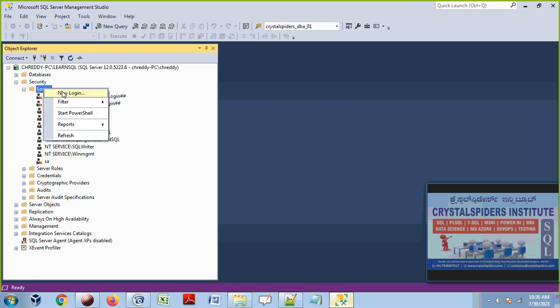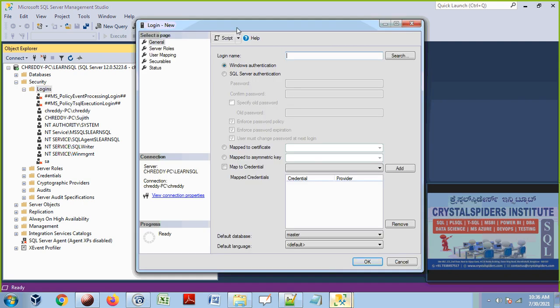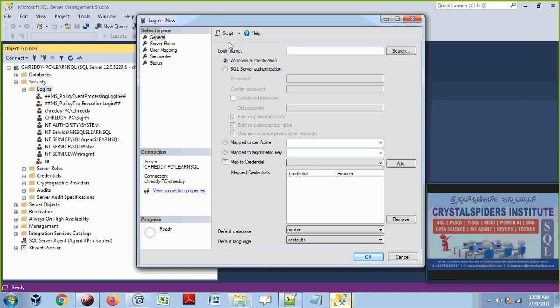So right click and say new login. This time I am not going to take the usernames from Windows authentication. I don't want to perform Windows authentication for these accounts. I want to create one login only with SQL Server authentication. So we are selecting only SQL Server authentication login. That means this login only requires SQL Server authentication, and it is not going to be authenticated by Windows. Let's create one username, any name guys. You can give, let's say, Mike. I gave the username Mike and enter some password for this Mike.